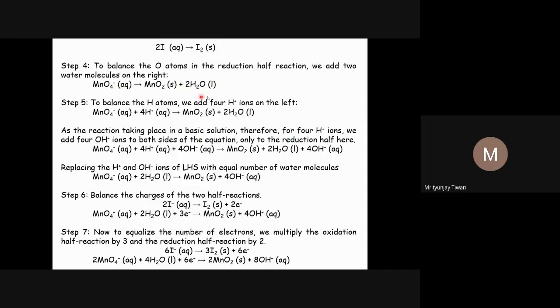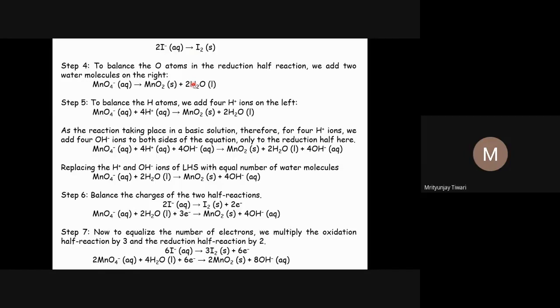In the first half, the oxidation half, we don't need to make any changes. Why? Because there is no excess oxygen on any side of the equation. So oxygen atoms are already balanced, 0 oxygen on both sides, so we don't need to add any water molecule. No extra effort is needed to balance oxygen atoms for the first half. The second half we have balanced in terms of oxygen atoms: 4 oxygen atoms on the left hand side, and on the right 2 from MnO2 and 2 from 2 water molecules, 4 oxygen atoms. Now oxygen atoms are balanced.